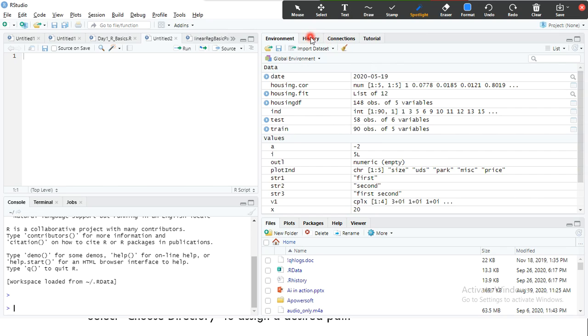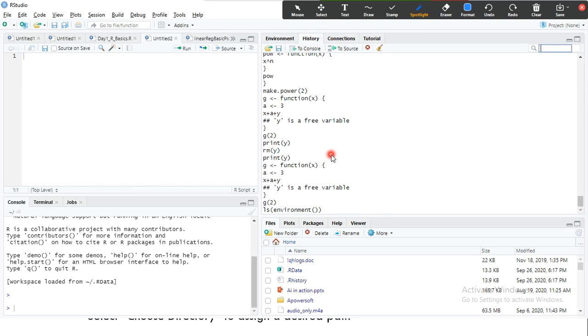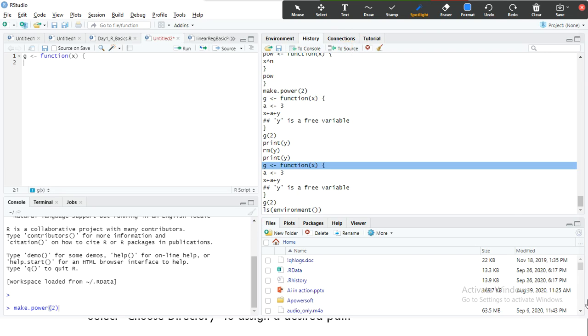Next one is history, which shows all the commands that you have used. If you want to move these commands, for example, if I want to move this to my console, which is nothing but this one, if I click this, this command will get moved. If I want to move it to my script window, to source, look here, this line of code got moved to the script window.